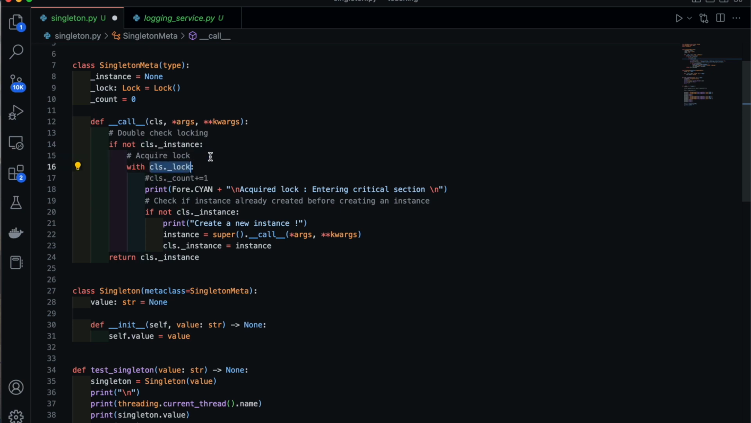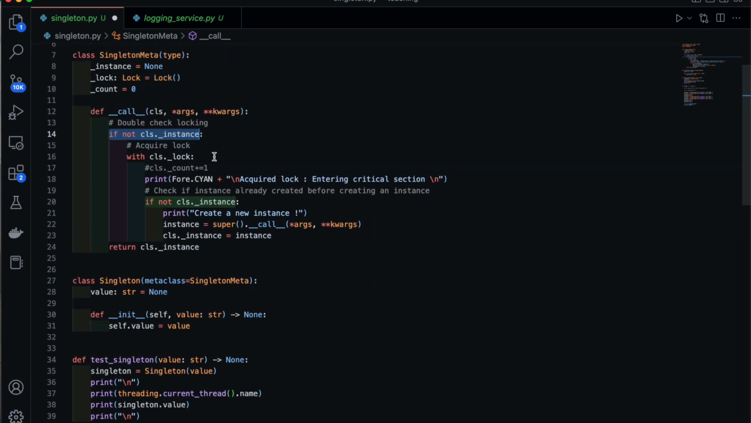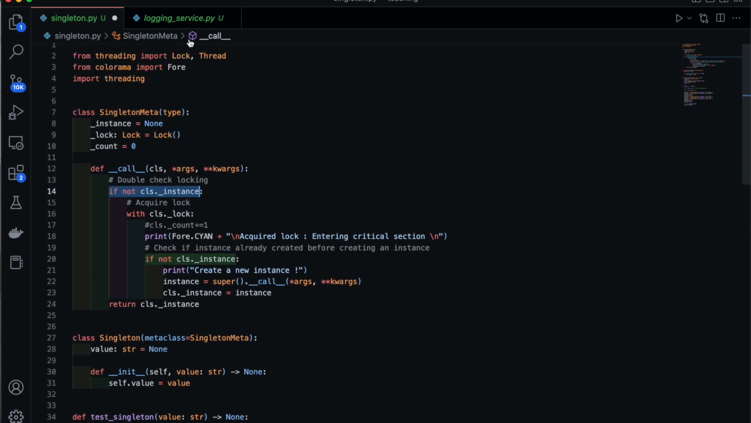Okay, so this extra optimization here is called double check locking. So this is the most that would be expected for you to understand in a singleton. Okay, to sum up again,